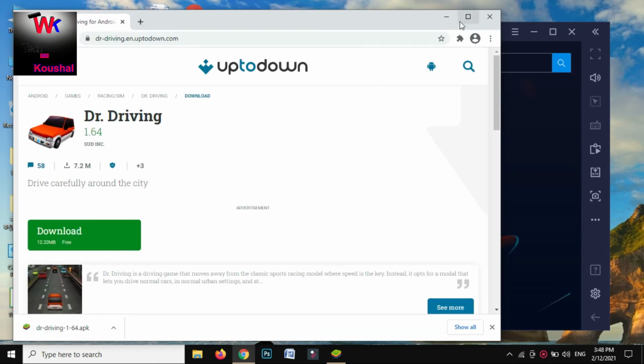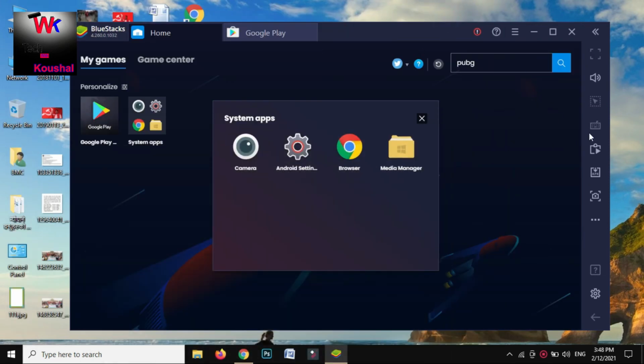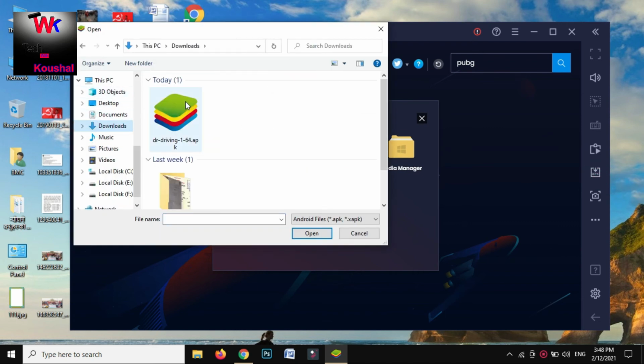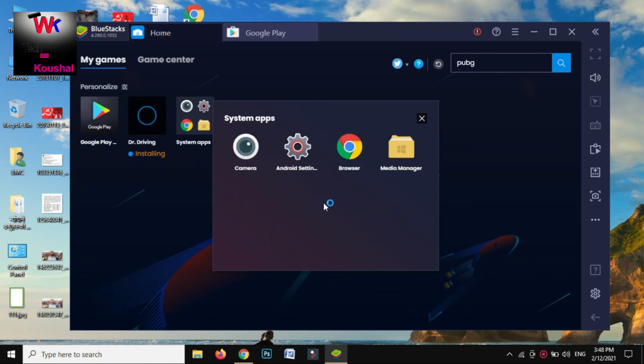If you download the APK file, then on the right side there is an APK install option. Click there, then choose the file, then press open, then it will be installed on BlueStacks, and you can